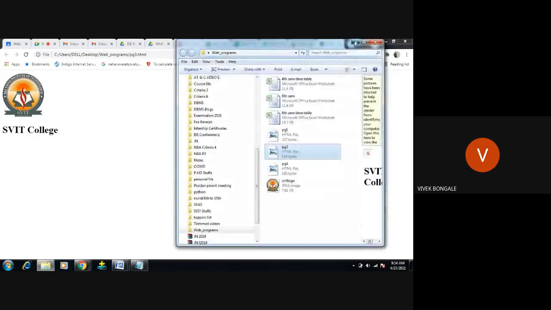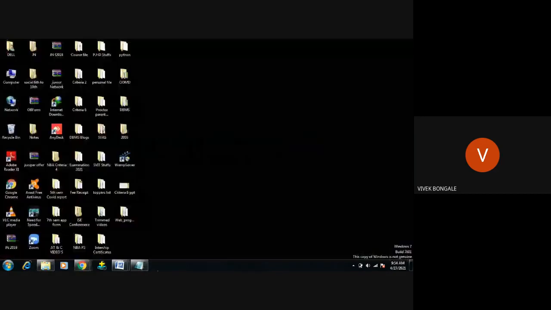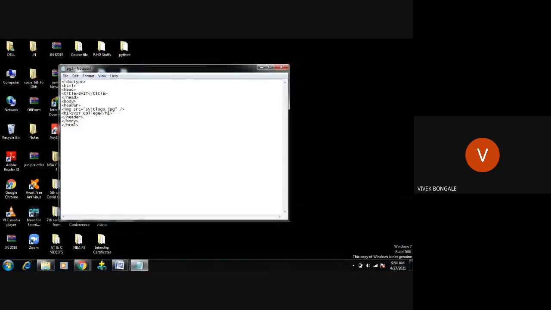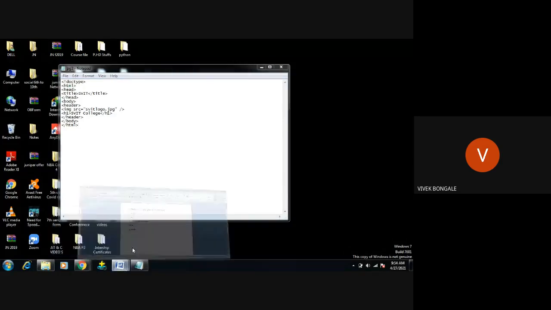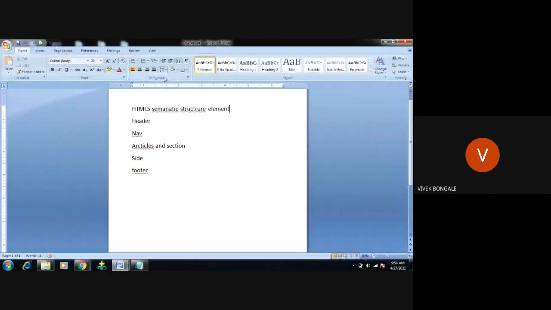In header, I want to group. What does group mean? I have given just one part. In header I gave one statement, that is svit college. I want to group this, meaning it should fit to a particular size. For example, like 5 inches. My website header size is 5 inches. Till here I want to display it, till here it will be a header. Just consider this.